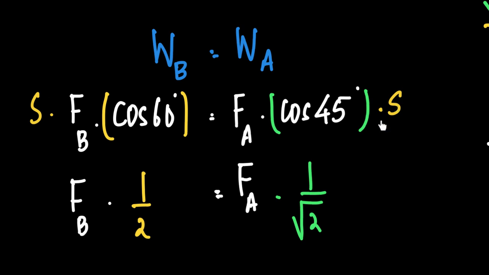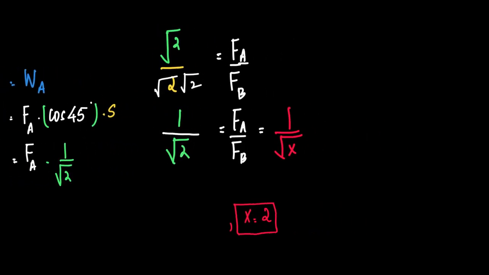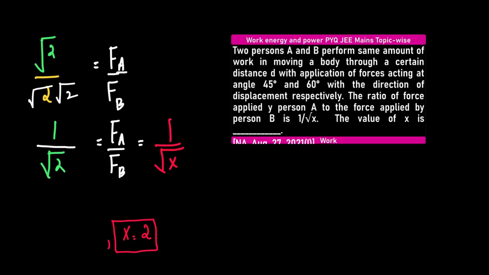S by S is 1. Therefore, FB into cos 60 is 1 by 2. Cos 45 is 1 by root 2. So FA by FB will be equal to root 2 to the LHS will be root 2 by 2. 2 can be written as root 2 into root 2. Therefore, root 2 by root 2 is 1. So this becomes 1 by root 2, given to us as 1 by root x. And therefore, the correct answer is maybe, we have the question here now. So 1 by root x, and it is given in the question that the ratio of the force applied by person A to the force applied by person B is 1 by root x. The value of x is